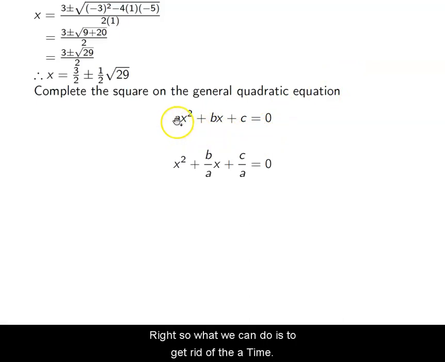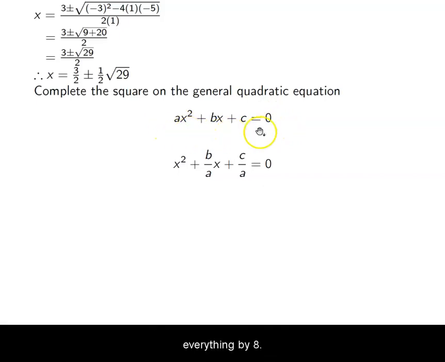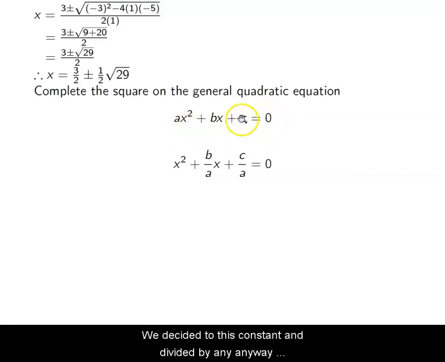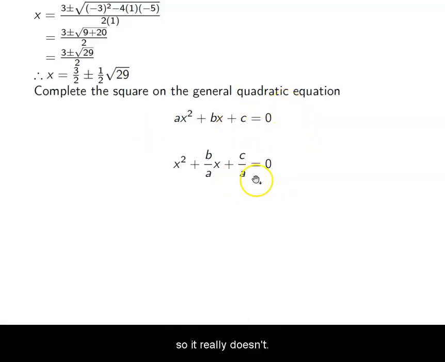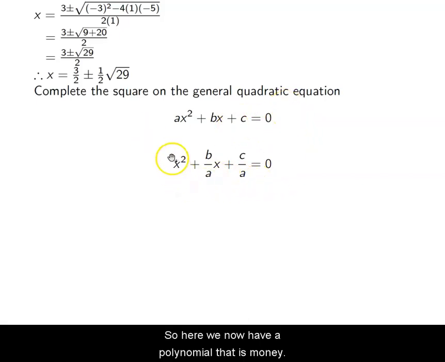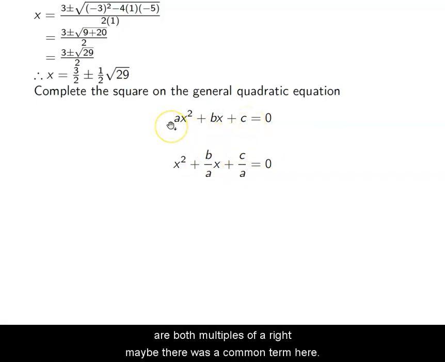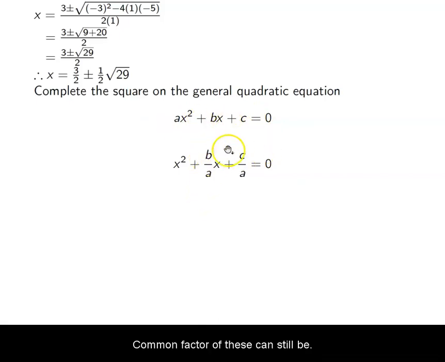So what we can do to get rid of the a term, which is especially nice since it's equal to 0, is divide everything by a. Now, if this term was non-zero, well, we would just add it to this constant and divide it by a anyway. So it really doesn't matter. Okay, so here we now have a polynomial that is monic. And just because these look like fractions doesn't mean that they actually are fractions. It's very possible that b and c are both multiples of a, right? Maybe there was a common term here, common factor. And so these can still be